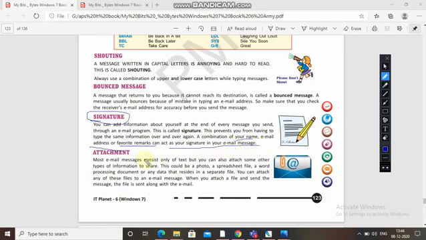Now we are going to talk about the attachment. Most email messages consist only of text, but you can also attach other types of information to share.